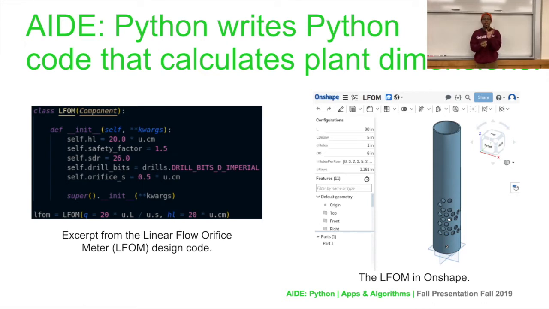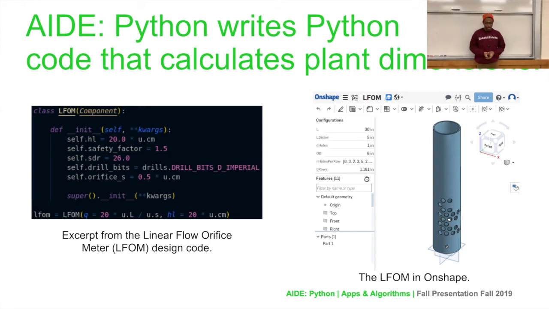connected to this superclass component, which essentially means that you can now trickle data all the way down to all of our subcomponents. As you can see, we have our design properties, such as head loss or safety factor, and if anything needs to come down from, say, the intrastake flocculator assembly, it all trickles down to the LFOM, making sure that everyone keeps the same design properties, uniform between the whole